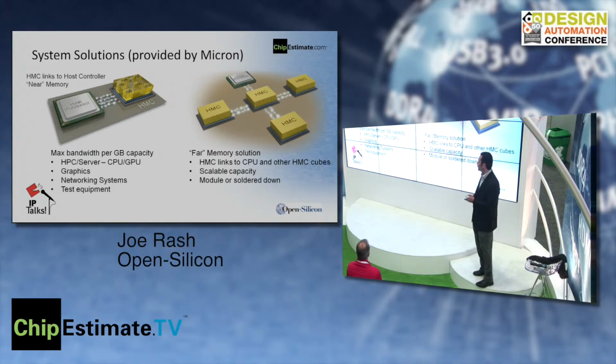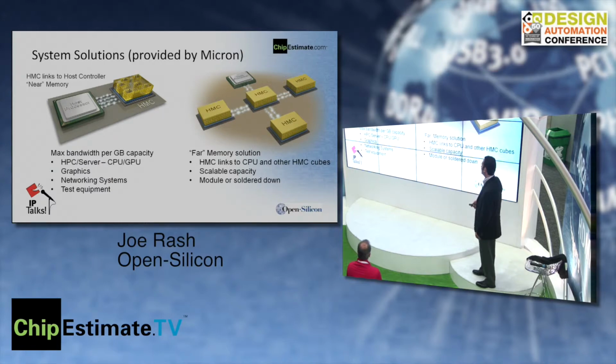And I haven't talked about the bandwidth. Let me just hit this a little bit. We're talking about bandwidth of about 10 to 15 times what's capable of a DDR3 module. So that's in the order of about a terabit and a half per second of memory bandwidth. So way, way up there in terms of a leap forward in bandwidth. High-end networking, wireline networking, as well as test equipment for trace buffers and things like that really fit well with